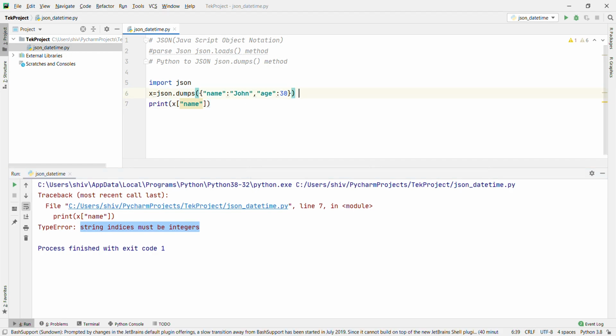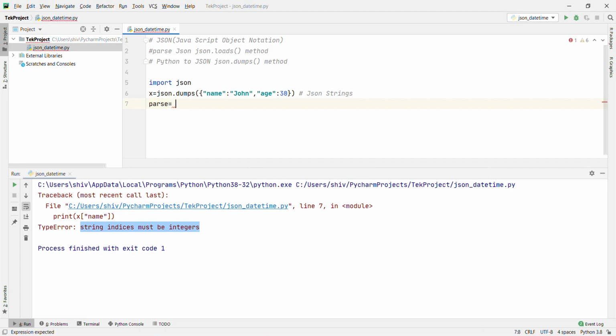This is a JSON string only. Now if you want to access using the name, you have to parse it using the loads method. Then parse it with json.loads and use x. It will parse into a JSON type that we can access using the key and get the values.